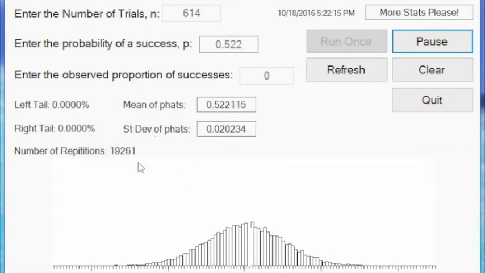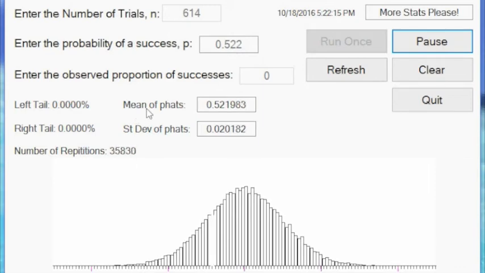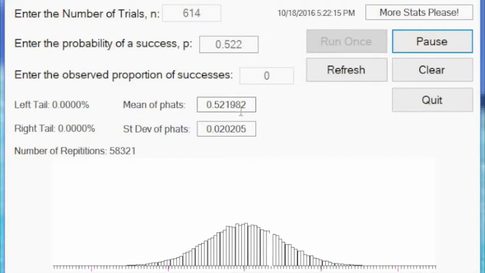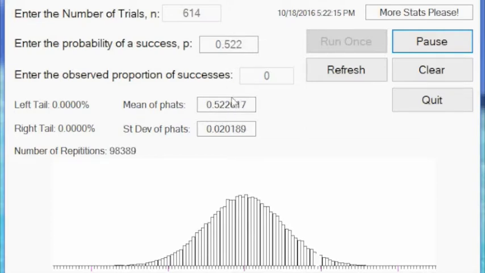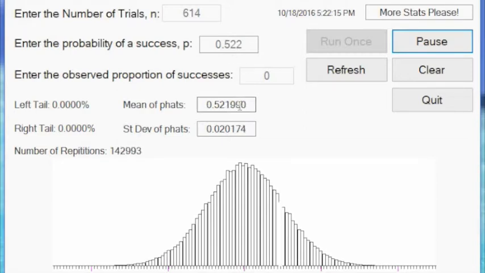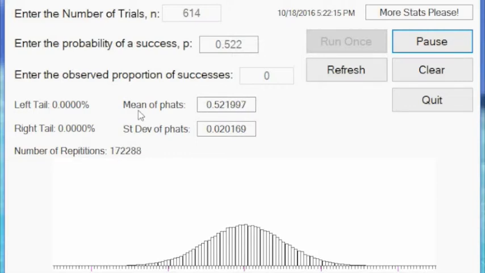And when you have multiple values of p hat, it starts making sense to think about, well, what is the mean of those p hats? In symbols, that would be mu of p hat. And it looks like that's settling in on a number, and it looks like that number might be p. So we'll investigate that on the next page of the notes to see if that is indeed the formula. But based on what we're seeing here, it looks like the mean of the p hats might be equal to p. And the standard deviation of the p hats also seems to be settling in on some number,